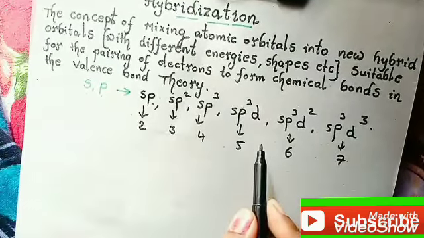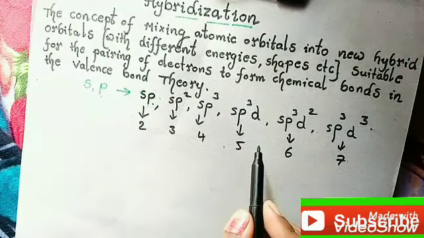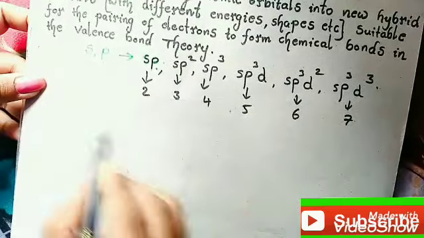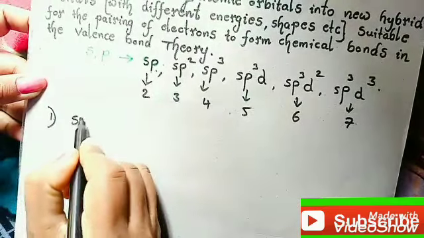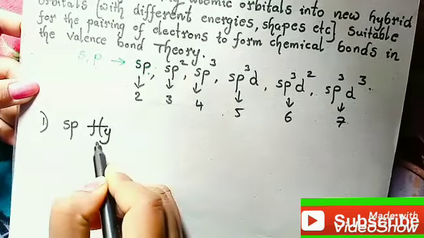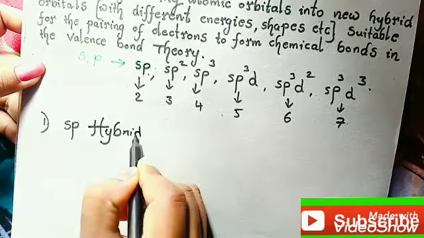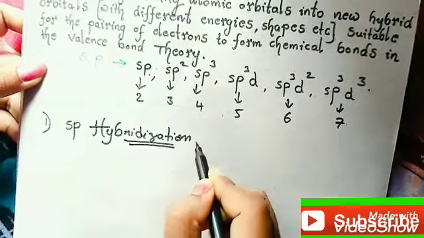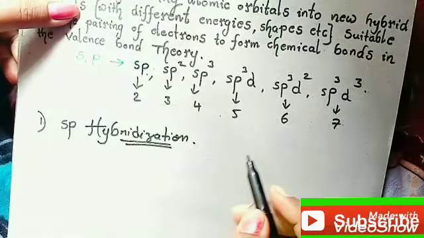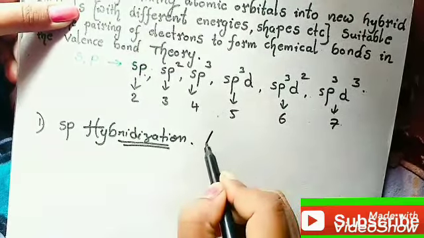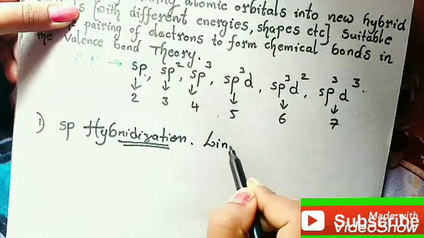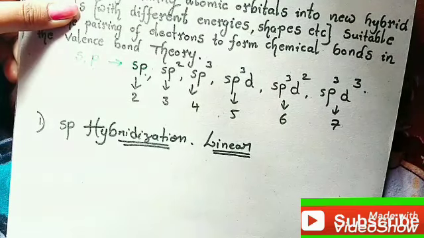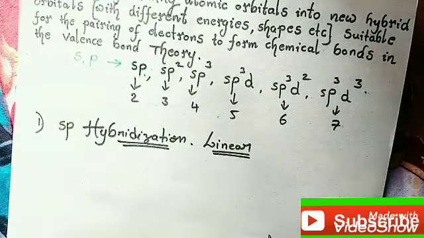First one, types of hybridization, that is sp hybridization. So let's start the class. The first one, sp hybridization. Students, the molecules or the compounds which are showing the sp hybridization, those must have the linear structure. So let's start the example with